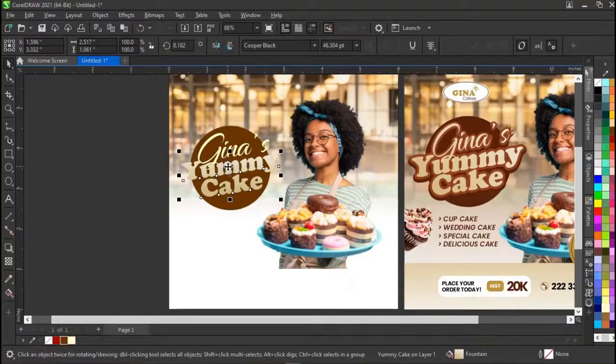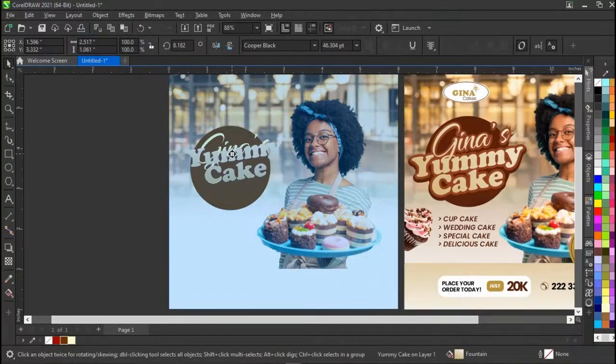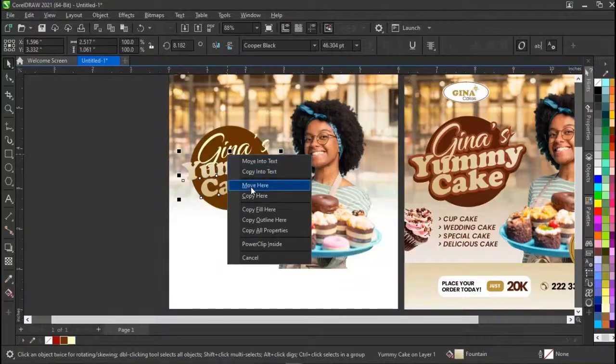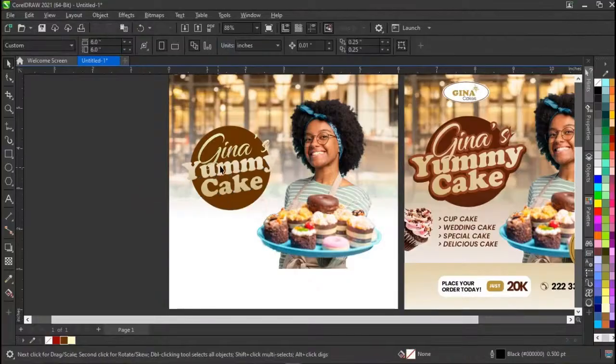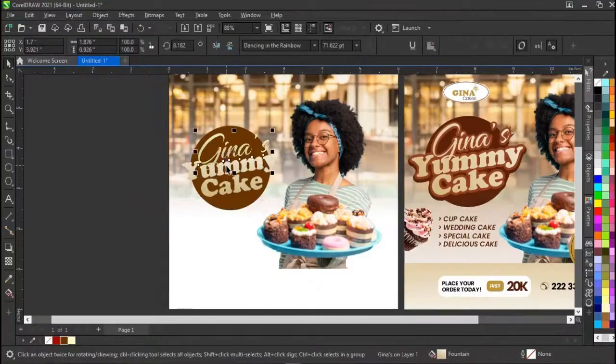I'll just hold my left mouse. You will click on the left mouse, then you drag until you have this icon of the character placed on Gina. Then you can remove your hand, and then you do what? You copy fill here. Copy fill here will copy the exact color that you also use on that, so that we can, then what next we want to do now is we want to make some cool effects that we did here. So we are going to make use of our